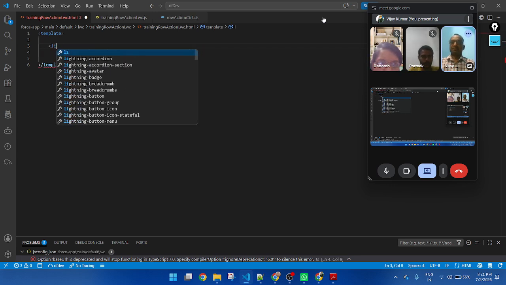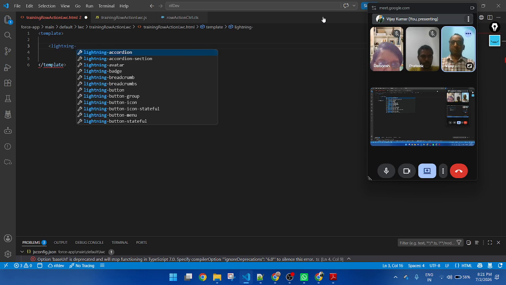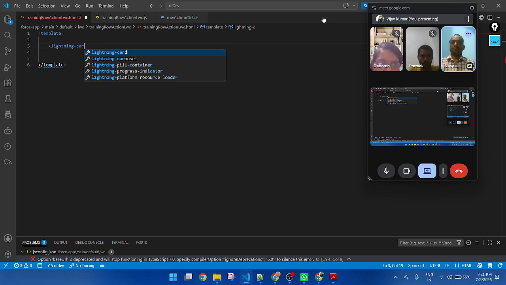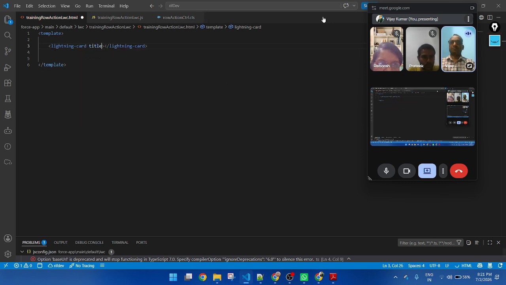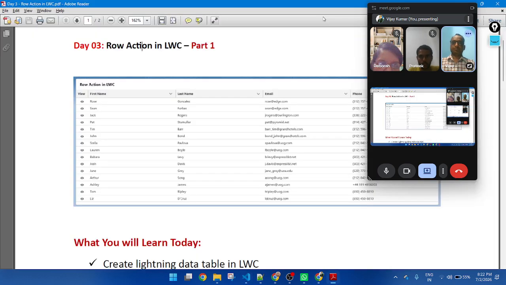Lightning card, title, row action in LWC.